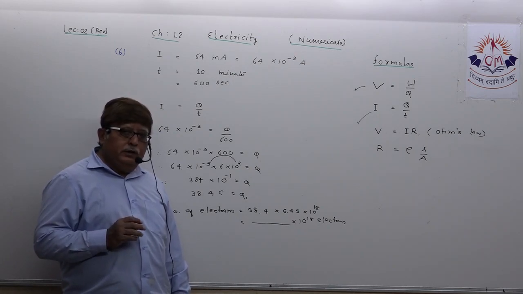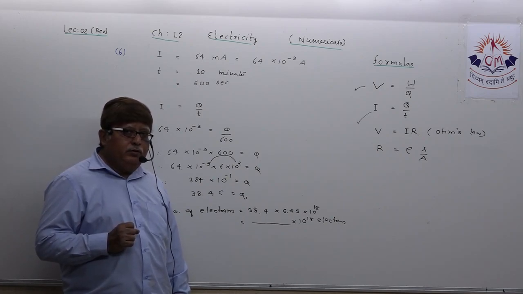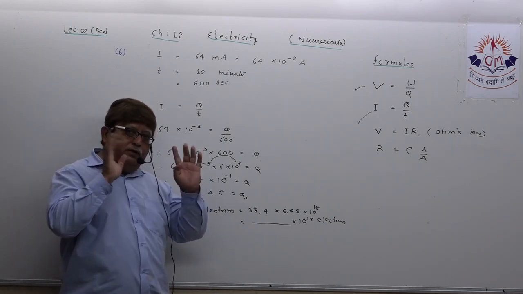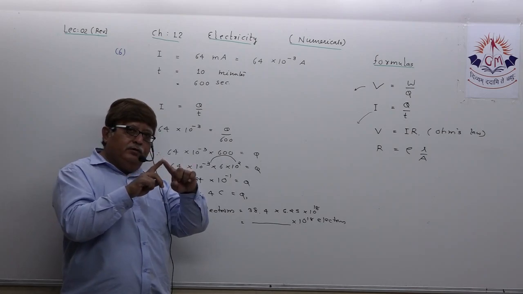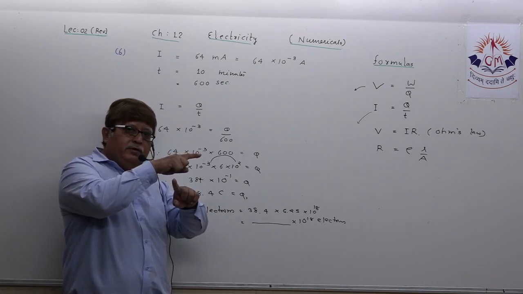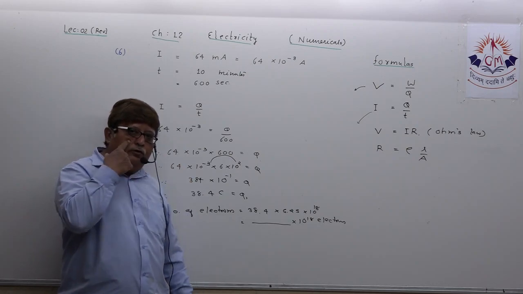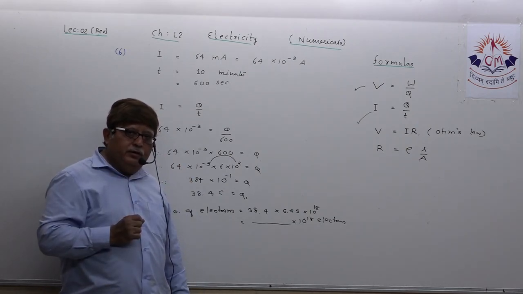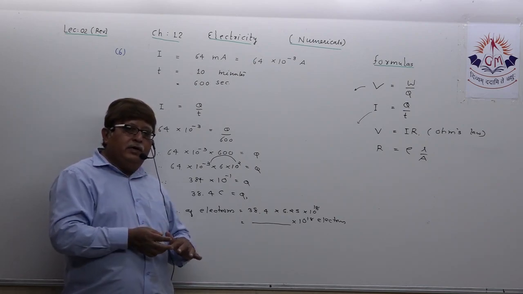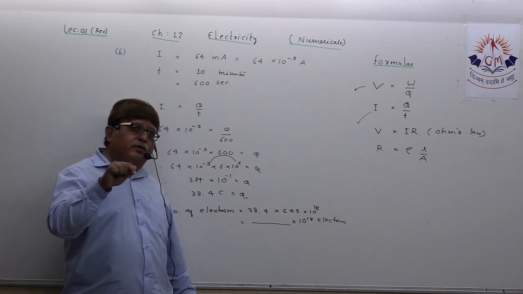So, dear student, it has to strike your mind immediately that if you want to find the number of electrons, first your mindset has to guess what the number of electrons is related with. It is related with charge and current. 1 coulomb equals 1 ampere equals 6.25 into 10 raised to 18 electrons, that you know. But here you can't directly compare with ampere because the time factor is here.